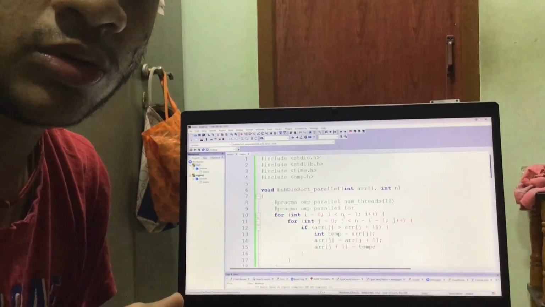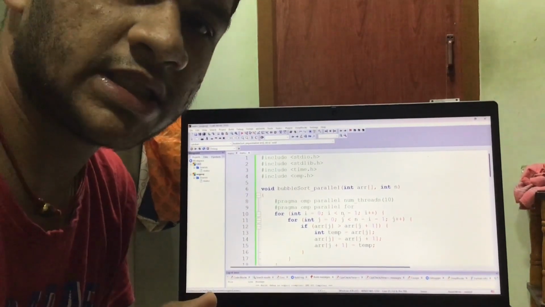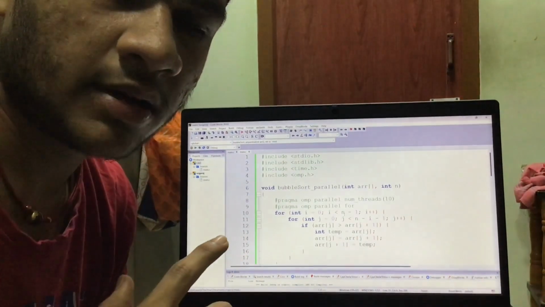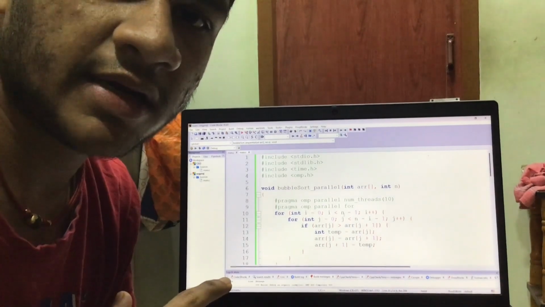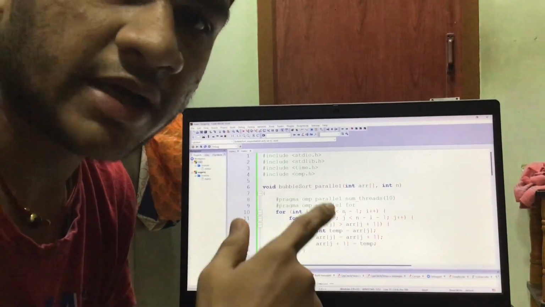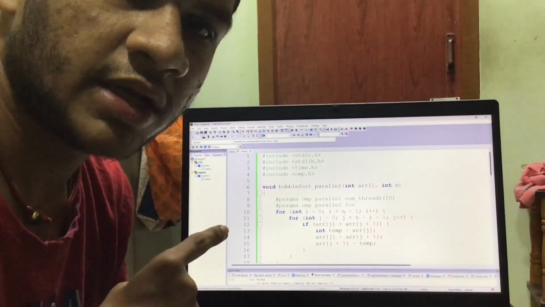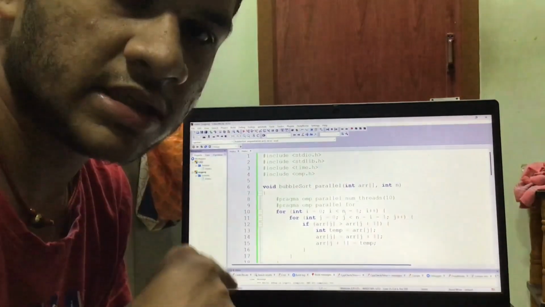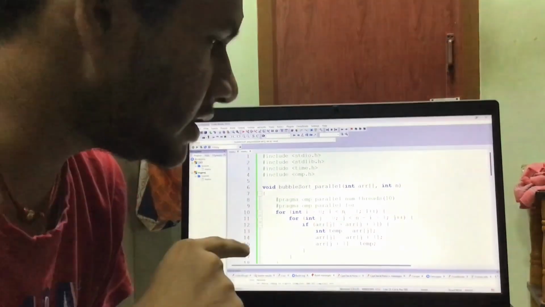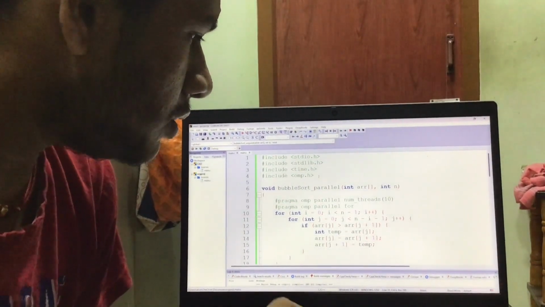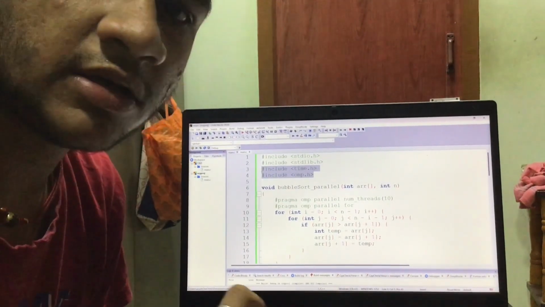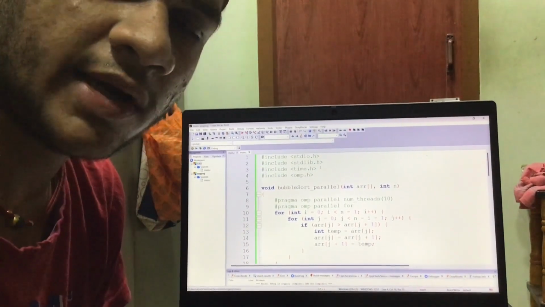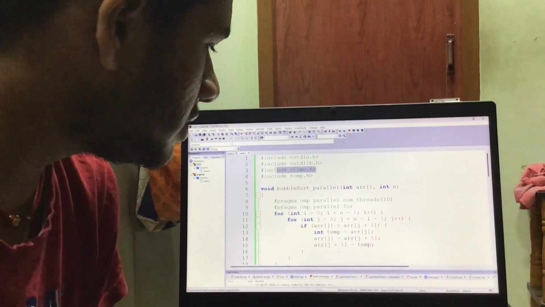I chose to implement a bubble sort algorithm, which sorts a data set or an array of objects. I have a data set of 2500 elements in an external text file, which I have imported into the program, and then I have implemented the bubble sort algorithm. I did all this in C, and I've used the omp.h library, which is short for OpenMP, and for calculating the execution time, I've used the time.h library,